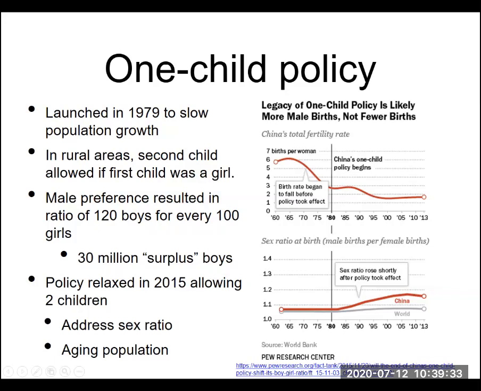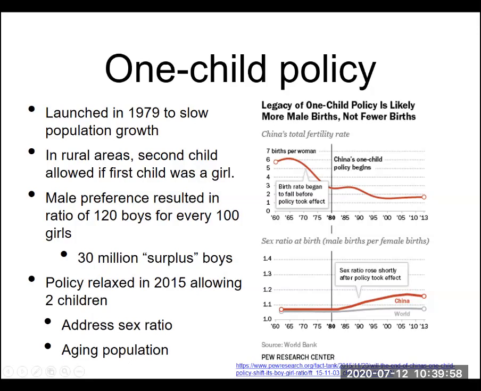They basically, in that society at that period of time, began to see a preference for having boys. And so they would go through this testing, in many cases, abort the child if it was a girl because they had a preference for it being female. What happened over a period of time, and so if we take a look at this, the fertility rate